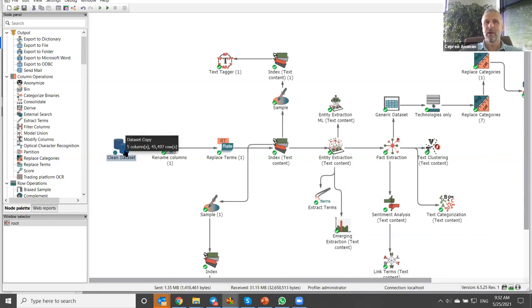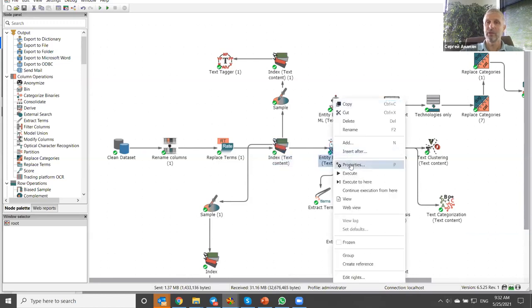You see there are roughly 45,000 articles that were pulled that matched certain search criteria, maybe the name of the competitor or the name of the technology that was of interest to the customer. And we started developing a script. We do some preliminary analysis. I will not be stopping on these. We perform indexing. And the main thing here is the entity extraction node.